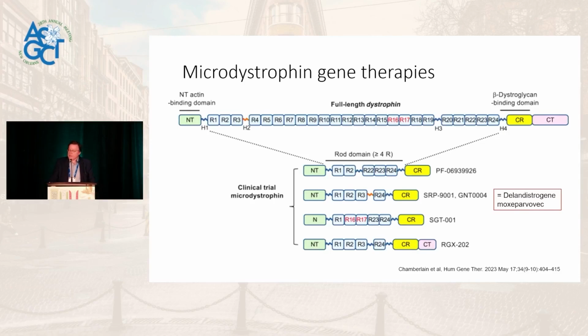The Solid transgene incorporates, marked in red, two spectrin-like repeats that are binding sites for nitric oxide synthase, which is predicted and has at least experimentally been shown to alter blood flow at the muscular level, which might be important. And Regenx's version of the transgene incorporates C-terminal versions of the protein as well that are